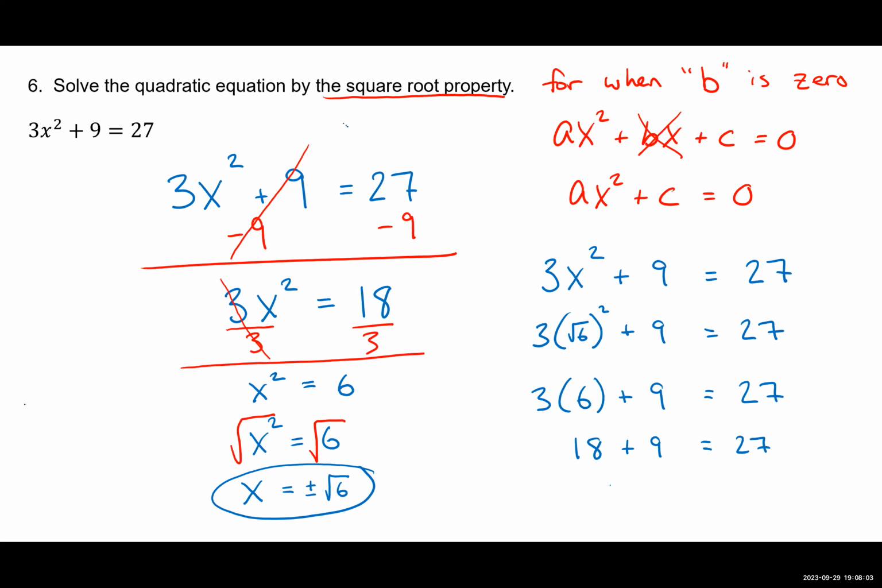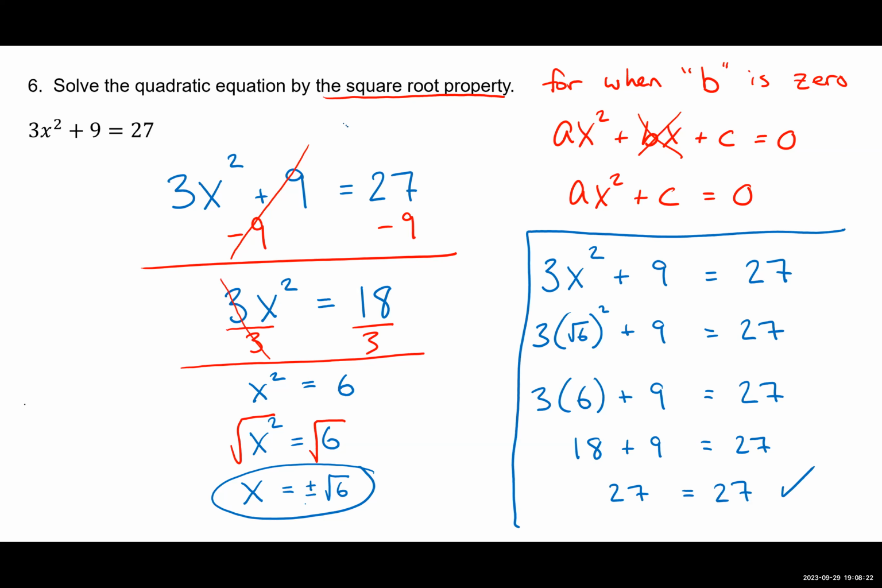And 18 plus 9 is 27. So that checks out. This is not part of what's required for this problem. This is more checking our answer to make sure it works. Also, in this video, we're exploring what it means to be an answer, what it means to be a